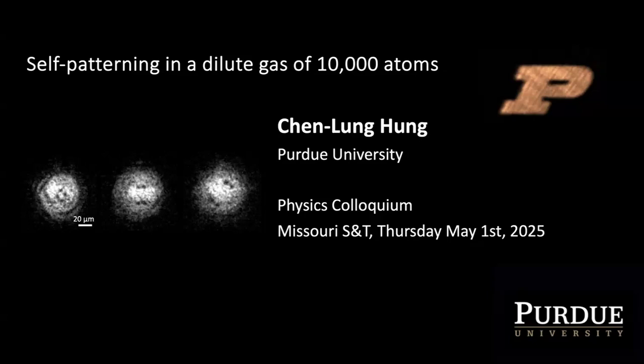Then he moved to the University of Chicago for doing his PhD, where he remained for 1 year as a postdoctoral scholar at the James Franck Institute. Then he moved to Caltech as a postdoctoral fellow at the Institute for Quantum Information and Matter. And then he moved to Purdue as an assistant professor in the Department of Physics, where he's now an associate